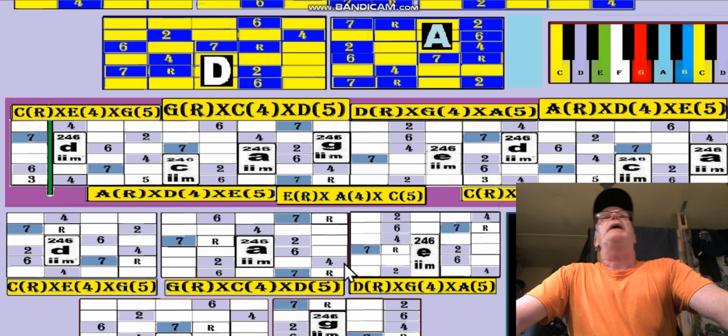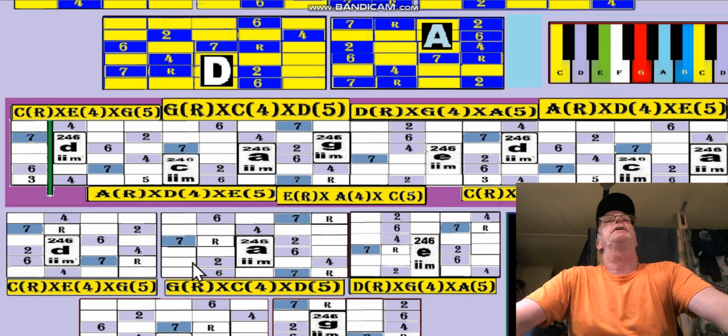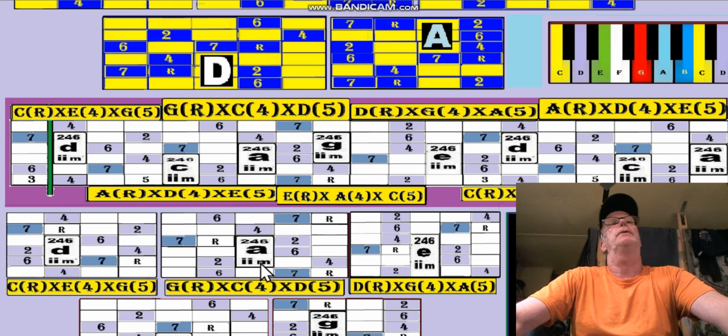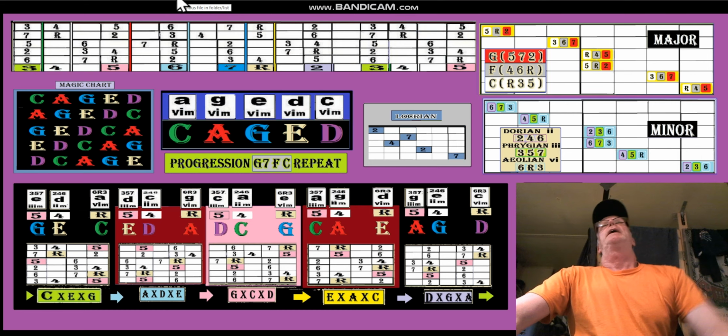But then there's minor considerations. What minors are formed in here is the A minor, which is 2nd inversion A minor, right there. Characteristic of this particular cage, which is the G cage. It's the A minor shape, 2 minor. So that's what's going on there. Let's not get too far into that. Next, we have today's